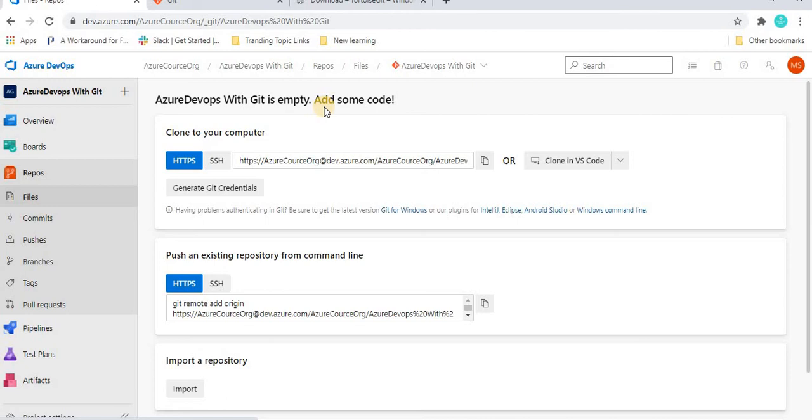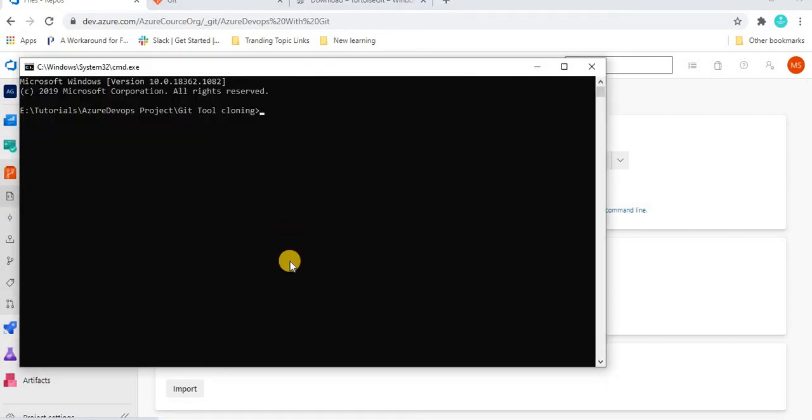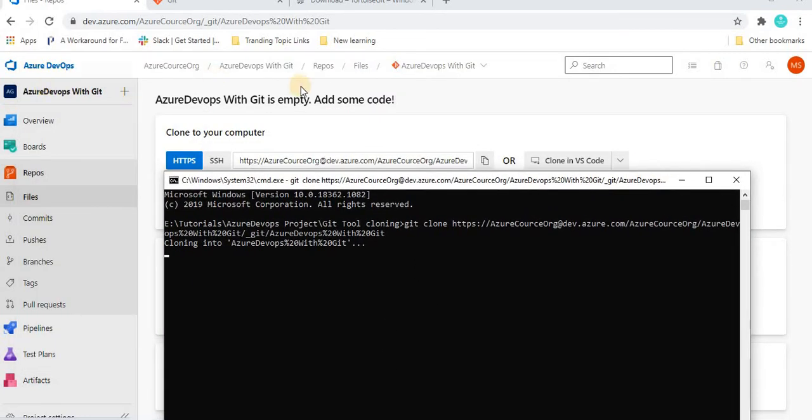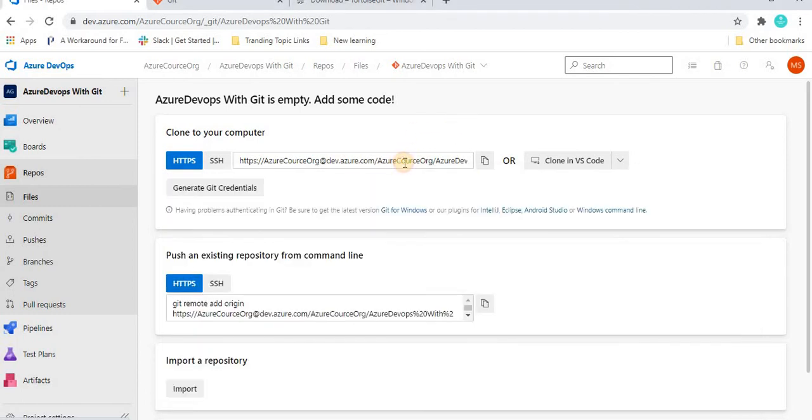So let's start cloning. You can copy the URL from here. It is copied, and now let's go to this cmd window. For cloning, we have to type git clone, then give the path we have copied, and hit enter. It will start cloning for us, and we can see cloning into, and the project name which we have given, because the URL contains that project name.